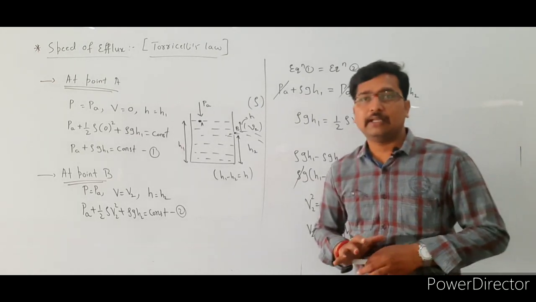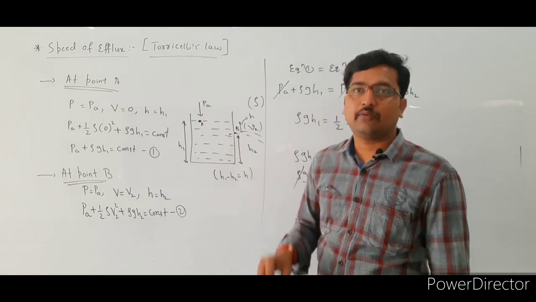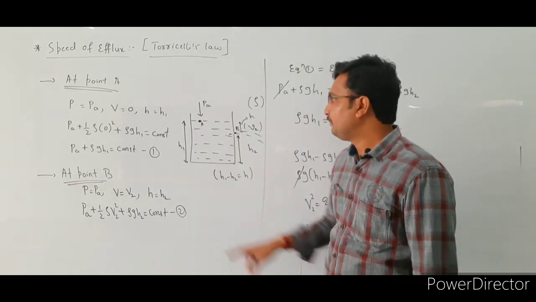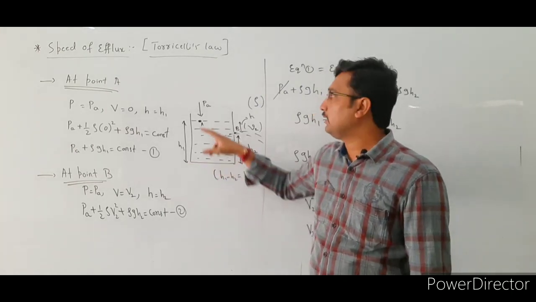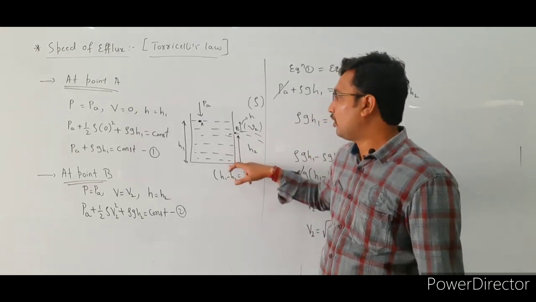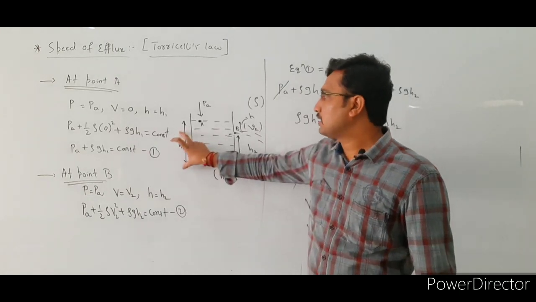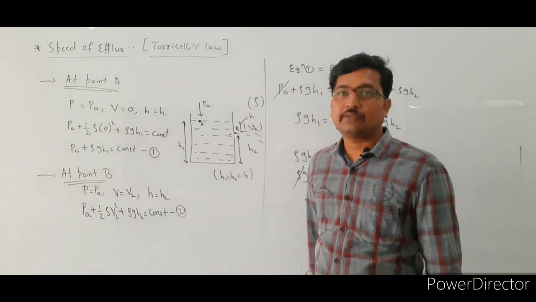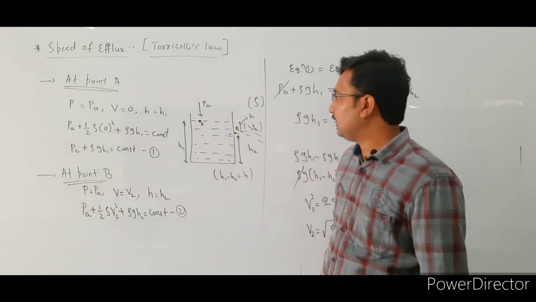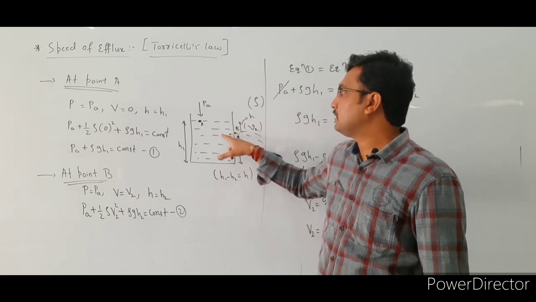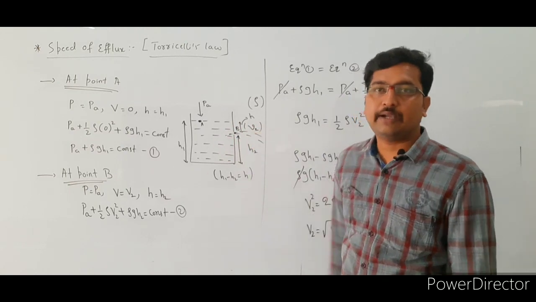It is also very simple here. Initially we consider a tank filled with some liquid of density rho. Let h1 and h2 be the height of the liquid from the bottom of the tank to the surface of the liquid, and from the bottom up to the hole. The difference h1 minus h2 gives the height of the liquid from the surface of the liquid up to the hole. There is a hole at this point, so the liquid emerges with some speed, which is known as the speed of efflux.